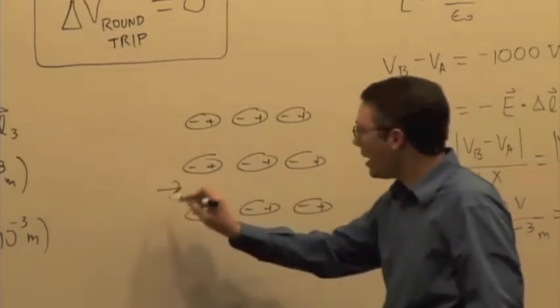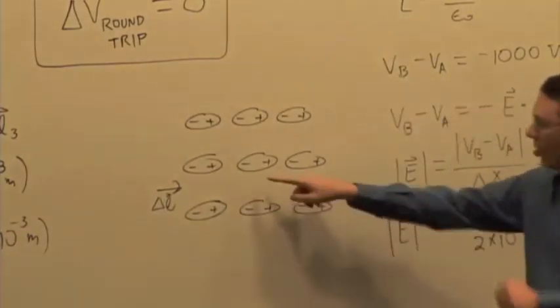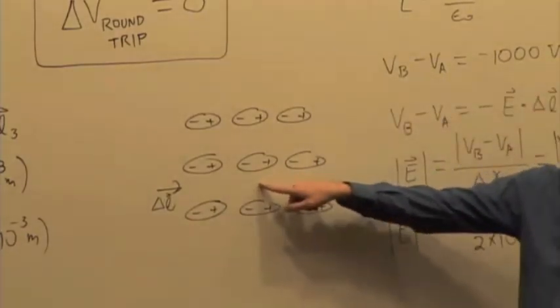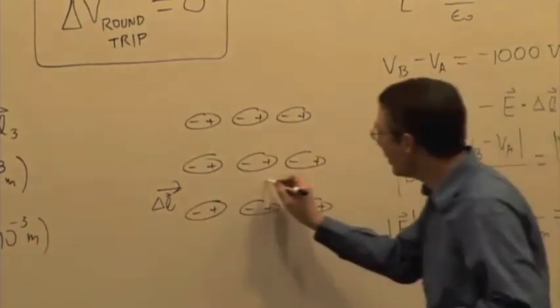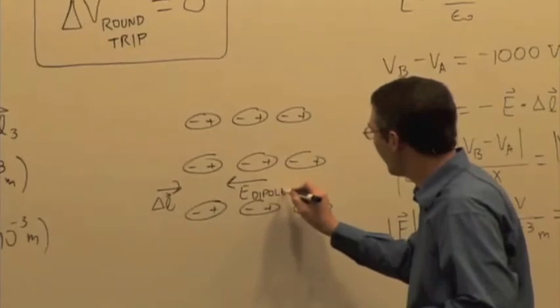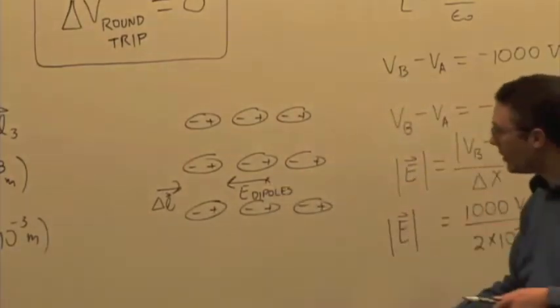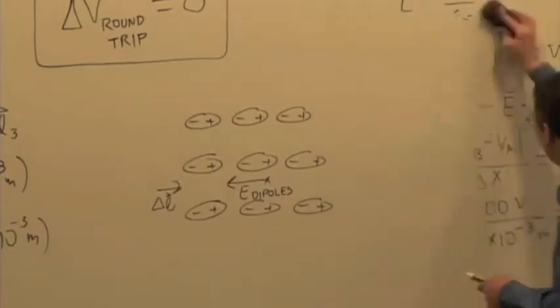If I went in that direction, if that was my delta L, and I got a positive overall, then the average electric field just due to the dipoles has got to be pointing in what direction? It's got to be pointing to the left. Okay, so that's the electric field due to the dipoles. All right, so that's the basic argument. We use this potential difference to determine how this field must point,